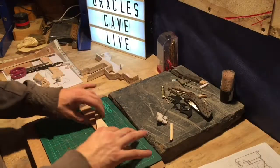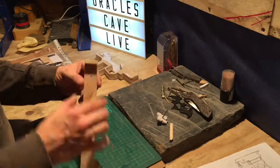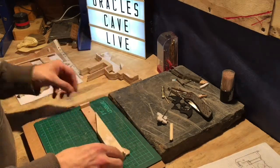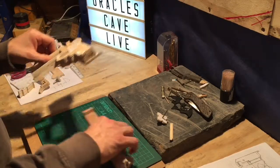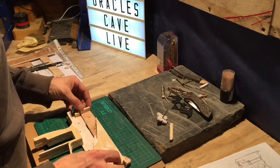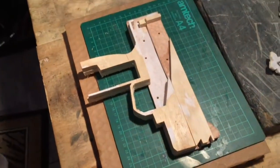Okay, so we've got these bits glued on. This is the side frame part, and you'll grab your little long part here and stick it at the end of the slide. Right, so that when we line it up here, a little hole lines up with a peg that'll be there to hold on to this part. Bring it over so you can see. So yeah,